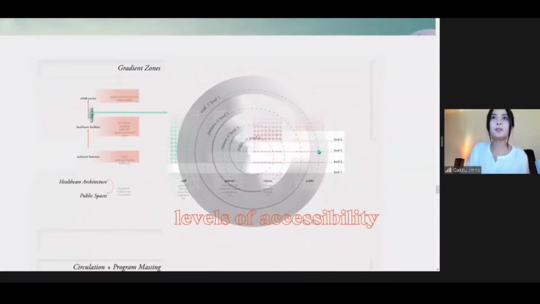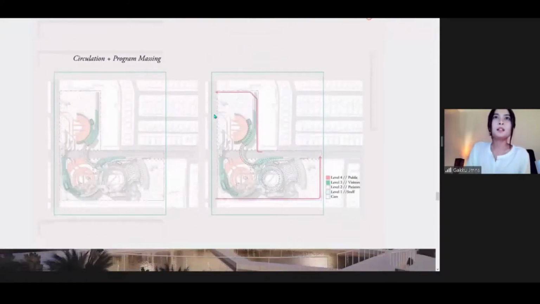So as I was referring before to the aspect of the waiting room in hospitals, and also their excluded role, this explains most of the time the relationship between healthcare architecture and public spaces. I separated the area into the matrix of different zones, and here are the named levels of accessibility, from researchers and scientists that have access to everything, to the friends and family of the patients, and to the public. So I translated it into the space.